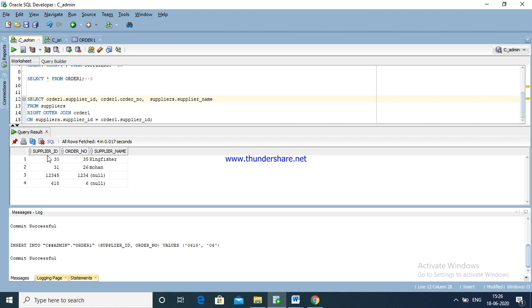See here, these are all order supplier IDs. This way we are getting 4 records. See here, these 4 records where the condition is met from the right join with supplier. This is a right join.